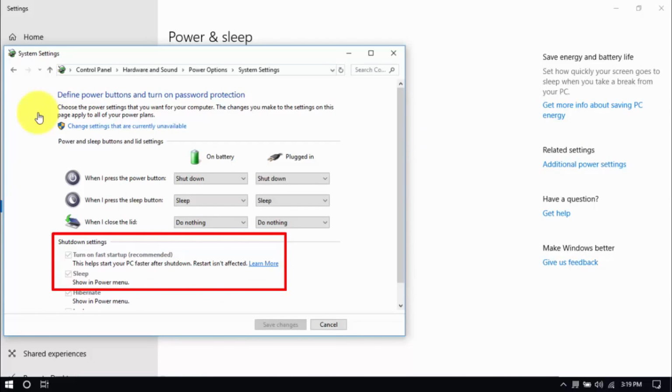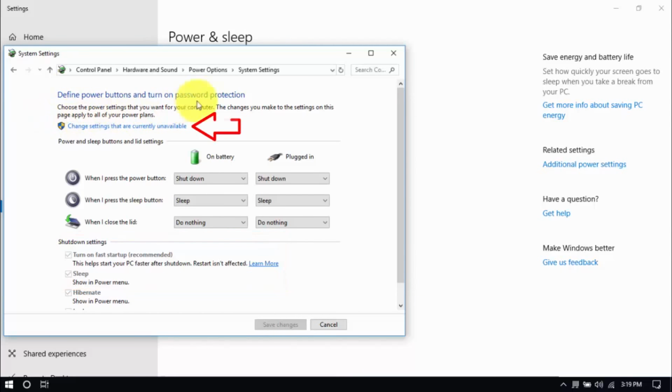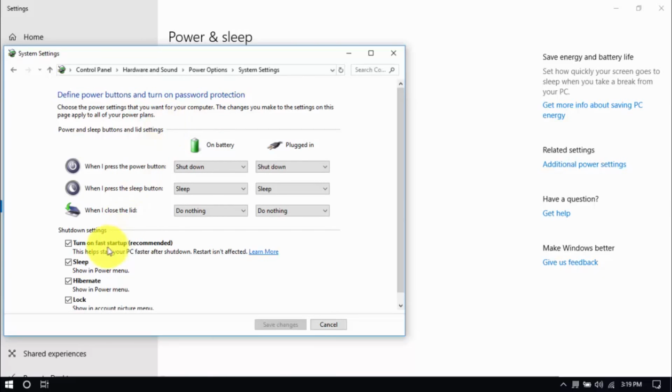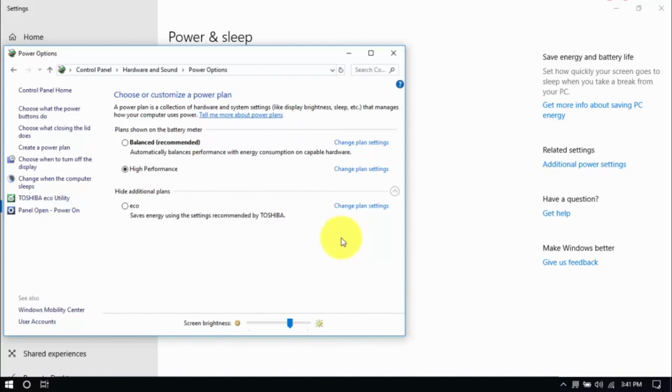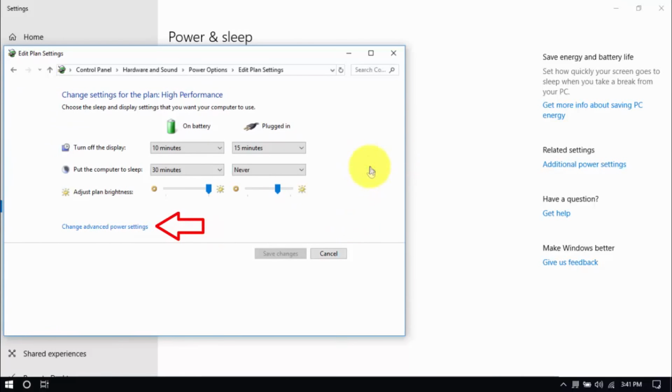Be sure that Turn Off Fast Startup and Sleep are both unchecked. You can enable these options by clicking Change Settings that are currently unavailable here. Then you can make changes. Hit Save when you're done. And right here we'll modify the plan setting by clicking Change Plan Settings and Change Advanced Power Settings until this